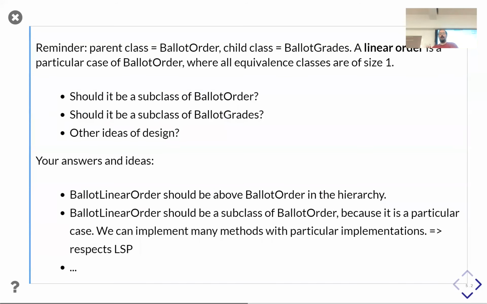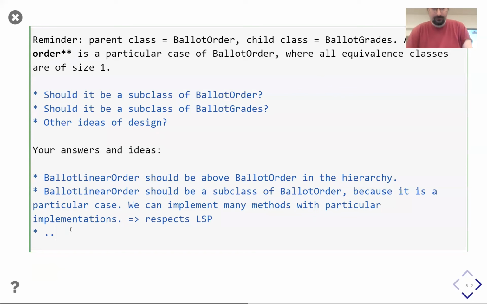And as Maxime said, there are some specific methods that you may be able to optimize for linear order, because you can exploit the particular structure of these particular cases of weak orders. By the way, it will probably be a bad idea, but it's something I do sometimes. You can have an attribute is_linear, and use that, for instance, to tell if something is already sorted or not. But you get the hint.